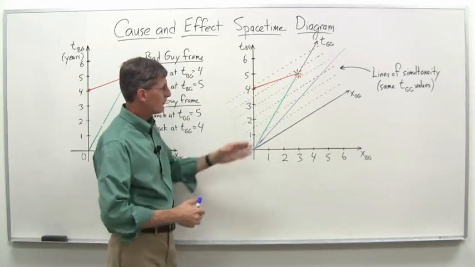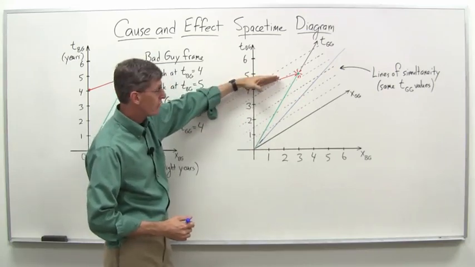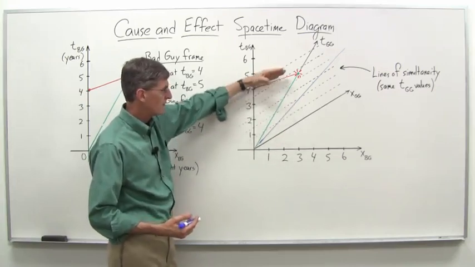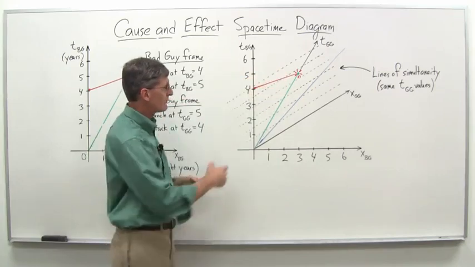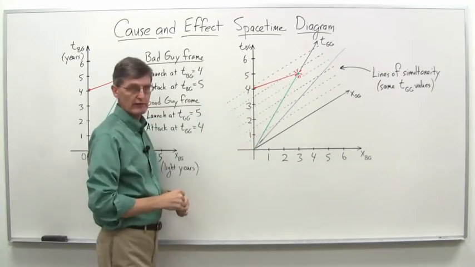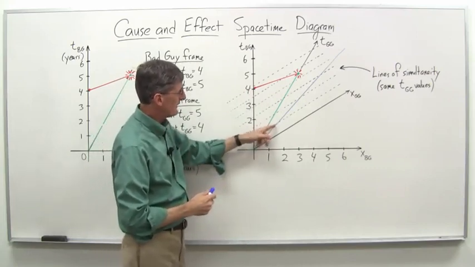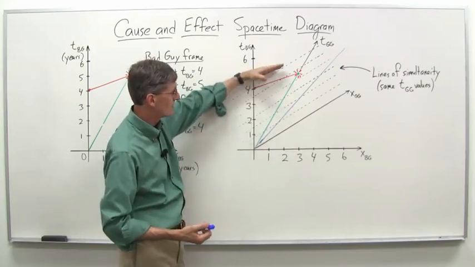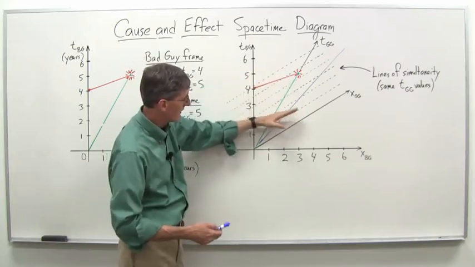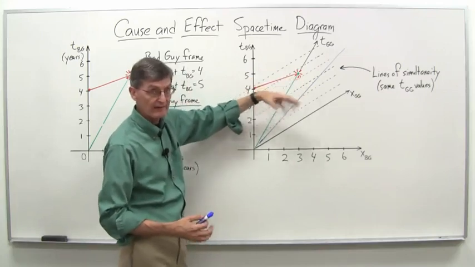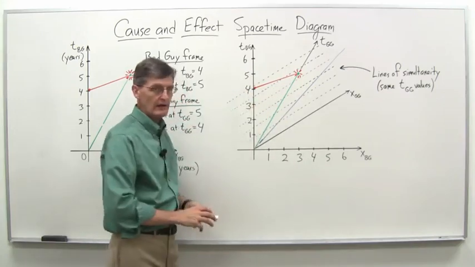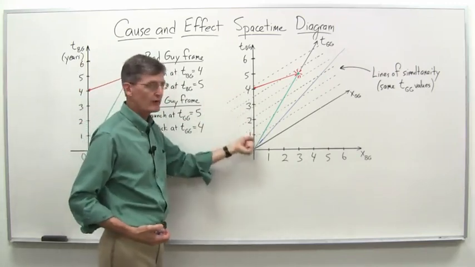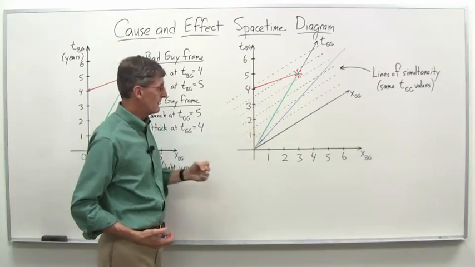And from this we can note that if you have a line whose slope is less than the slope of the light world line, which we've talked about before, that means this is a velocity greater than the speed of light, and that's where you can get this crossing of lines of simultaneity. Note that at the speed of light, it does not cross lines of simultaneity in the backwards direction like this one does. As soon as you get something bending down so that it's greater than the speed of light, then you can get this crossing of the lines of simultaneity in a reverse direction, in a backwards direction. And this is just a graphical way of saying this thing we've said several times now, is that you can't go faster than the speed of light.